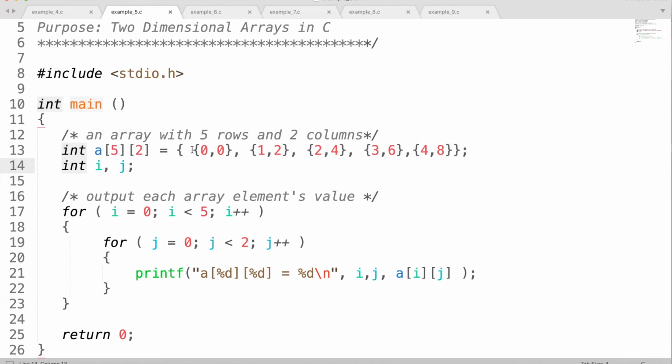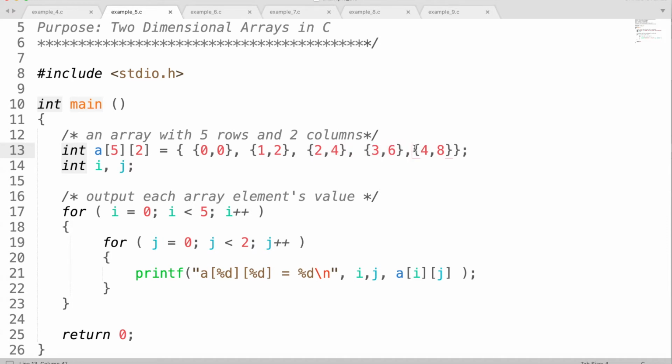So you can give values for each row by separating those values with curly braces. So this will indicate, okay, this is my first row, 2 values, because I have 2 columns in here. I need to specify 2 values for my first row. Similarly, this is my second row, 2 values. This is my third row, 2 values. This is my fourth row, 2 values.